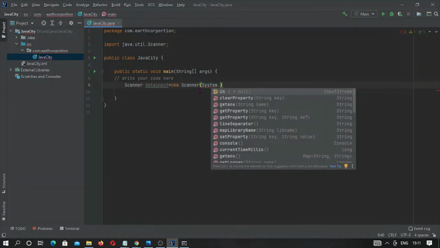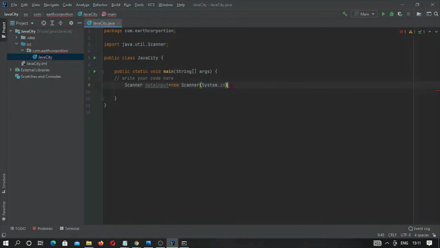So you may see this is the in field of the System class, and this will return an input stream. So this is an object of input stream, and this stream is open. Later we will discuss in detail what it does and why we are taking this input stream. So we are taking this one, and now ending with a semicolon. So this is a complete statement.